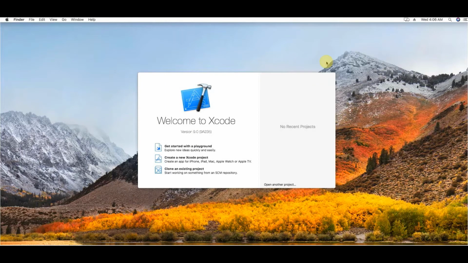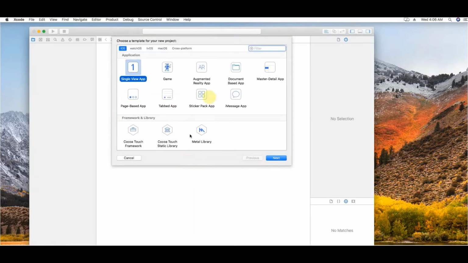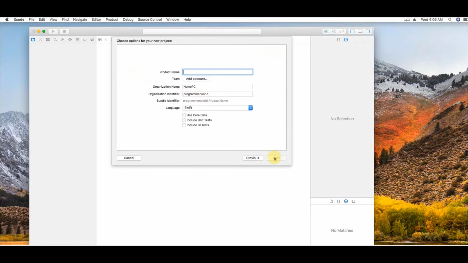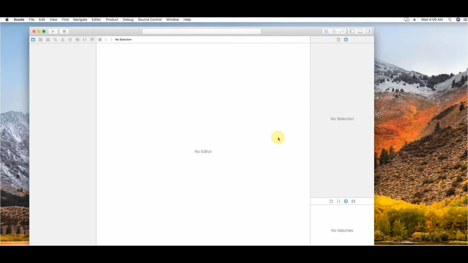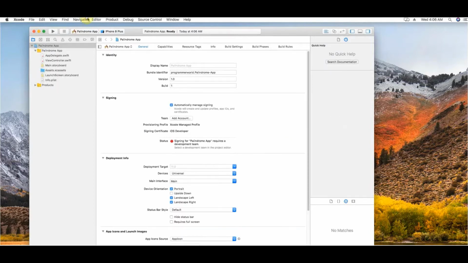In this video, I'll show you how to check a palindrome word in your iOS app. So let's begin. We'll create a very simple app. For this, we will name it palindrome app. You can name it anything. Click next, and of course create. Let the environment load up.